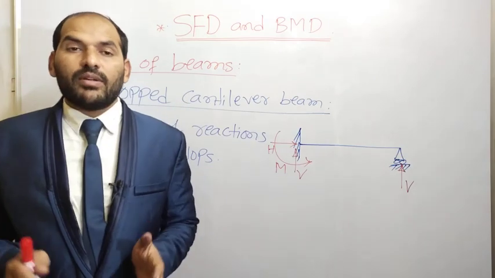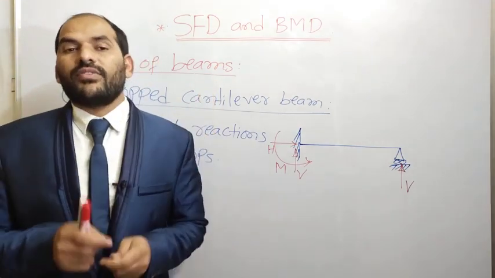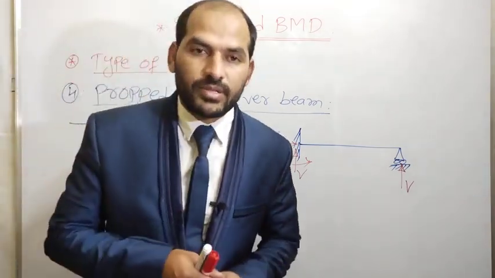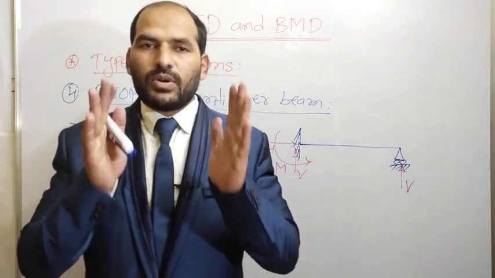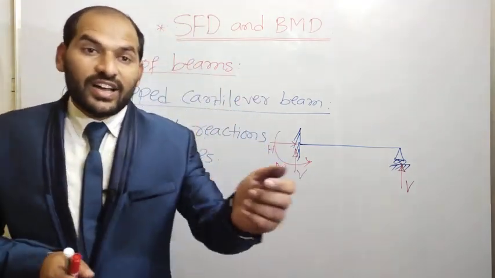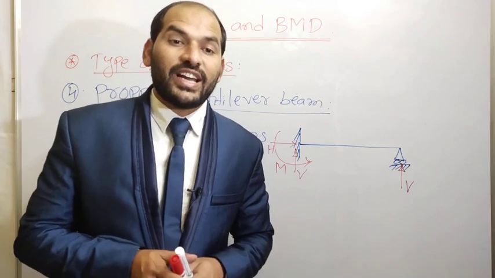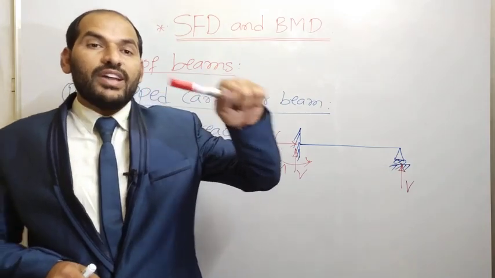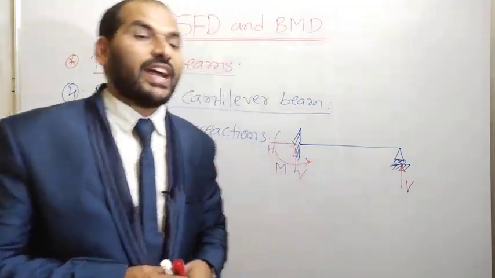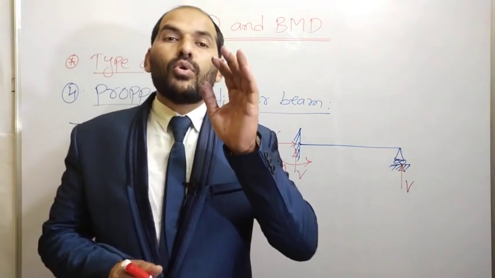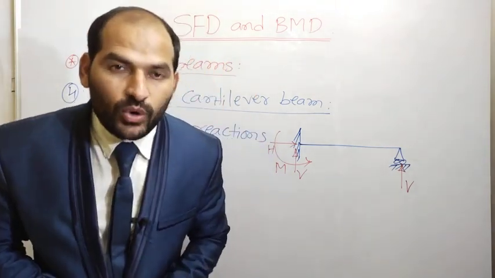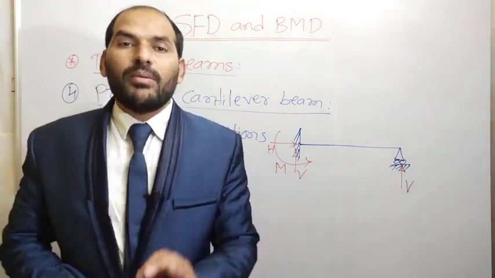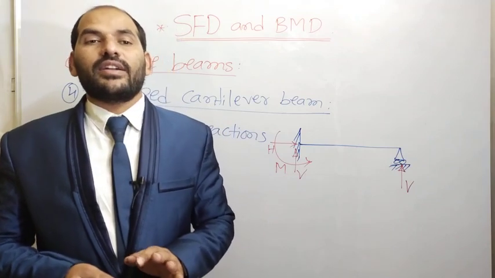Alright, so cantilever beam, simply supported beam, fixed beam, propped cantilever beam, and continuous beam. These are the different types of beams and the support reactions in each. If you consider the cantilever beam, one side is fixed and one side is free. This is called a cantilever beam. The cantilever beam is used at a portico or veranda. A portico beam or veranda beam is called a cantilever beam.